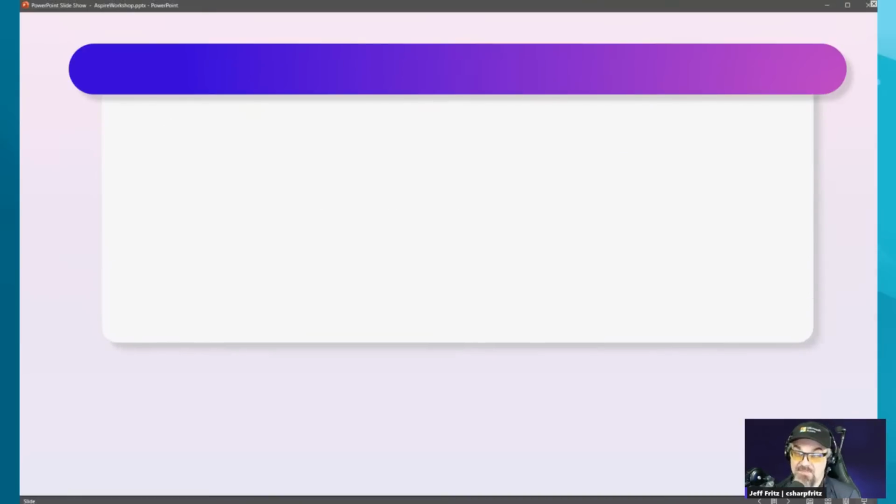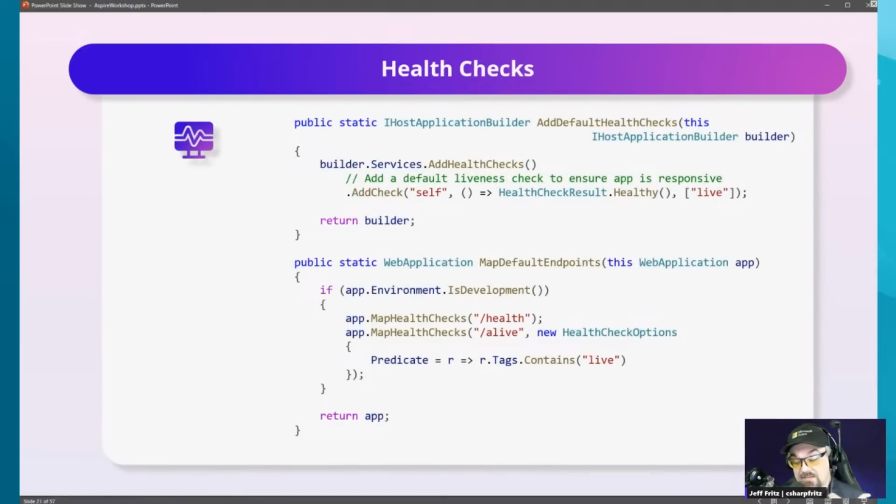Now, the next one, something that we've had baked in for a while that folks have been using that becomes really important to use in your applications is health checks. And health checks, of course, are those endpoints that are going to make the status of your application visible to some sort of monitoring service. So, with a few lines of code, we can respond with my application is live, it's properly running, and allow that monitoring service, whether it's something like Azure Front Door or it's some orchestration that's going on with a third party application or something like Kubernetes, that it knows that your application is running properly and that it can integrate and send requests